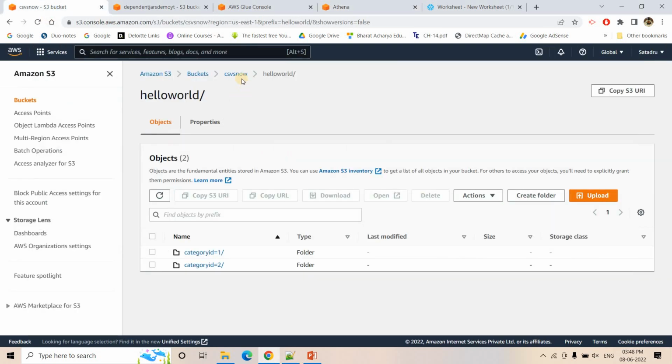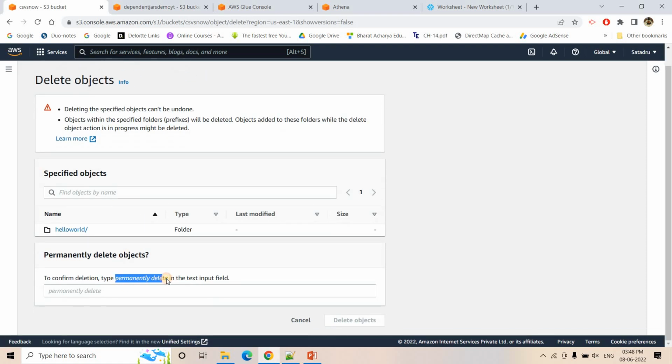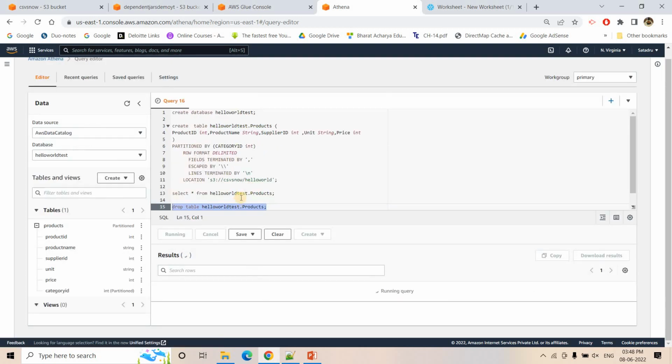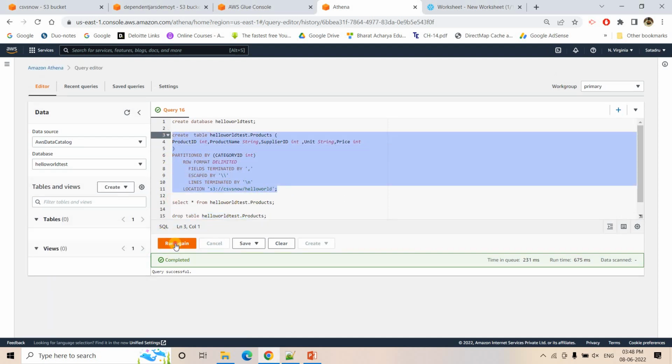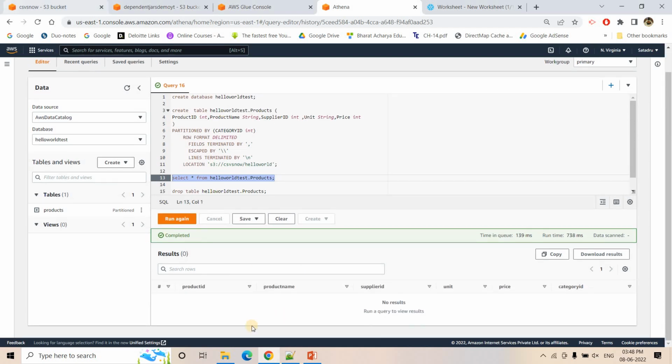That's it. Okay. So for that, what I will do, I will show you the demo from beginning. I will just delete this particular stuff. And here in Athena also, I will delete this particular table, drop the table. So it is dropped, and then here we will create the table. Okay. So currently you can see there is no data. It is perfectly fine, right? Now what we will do,